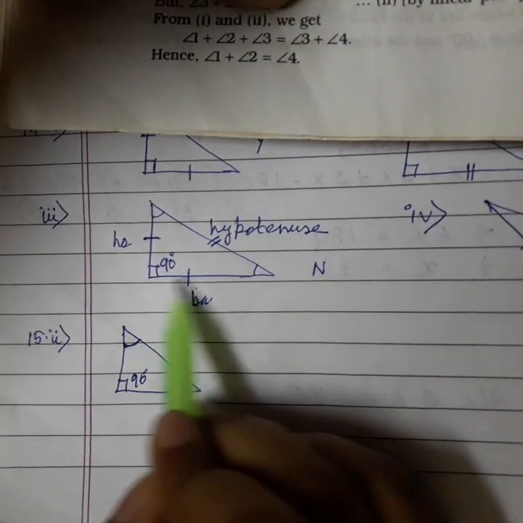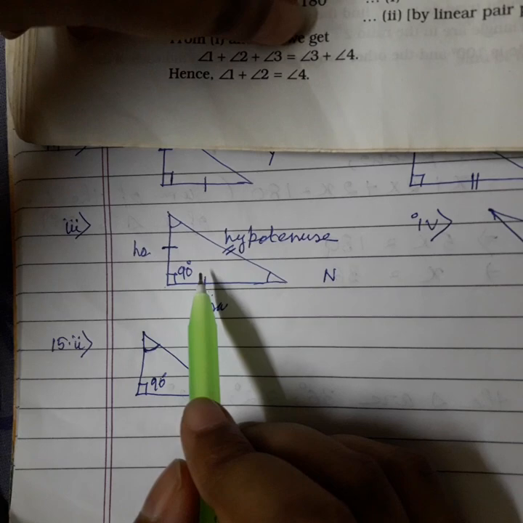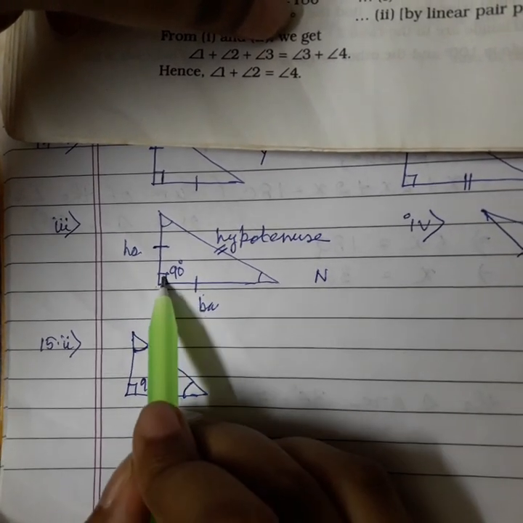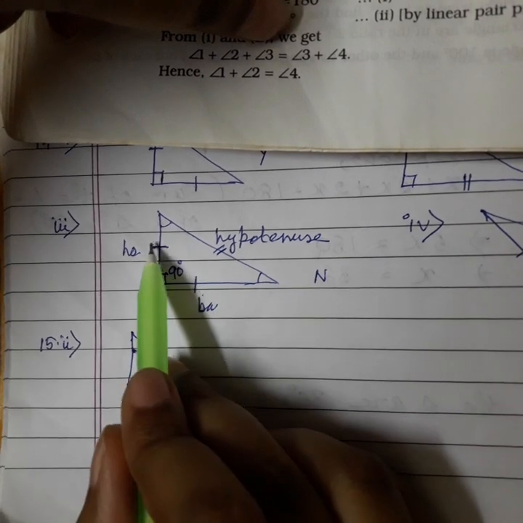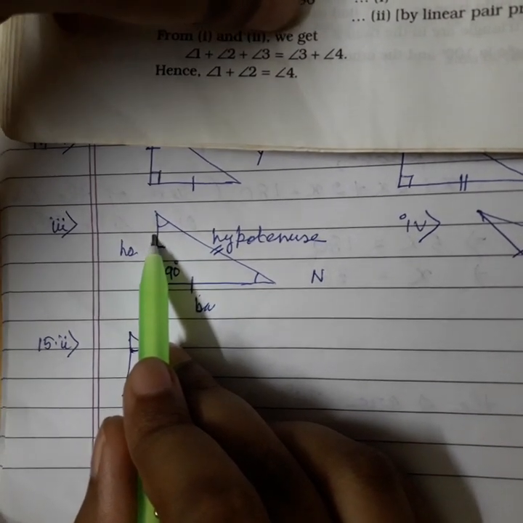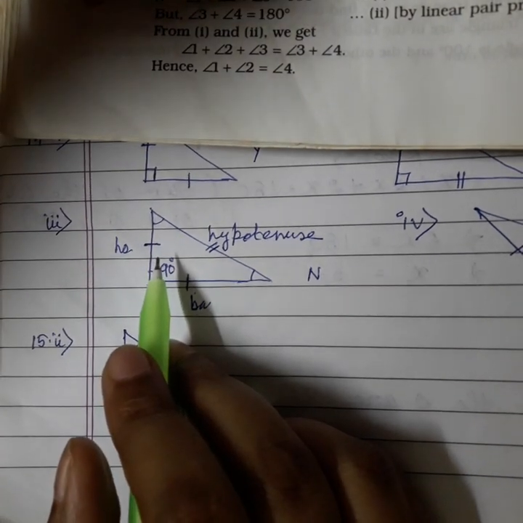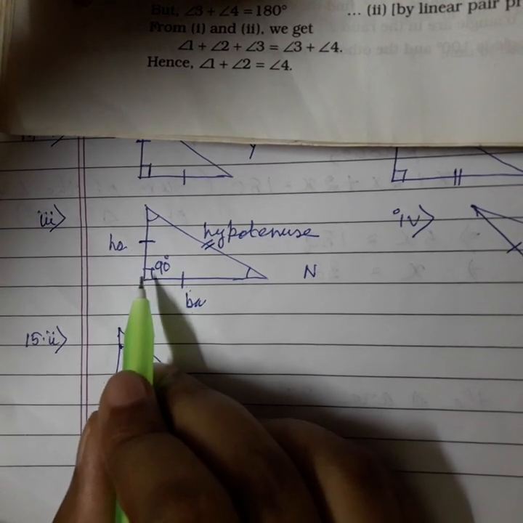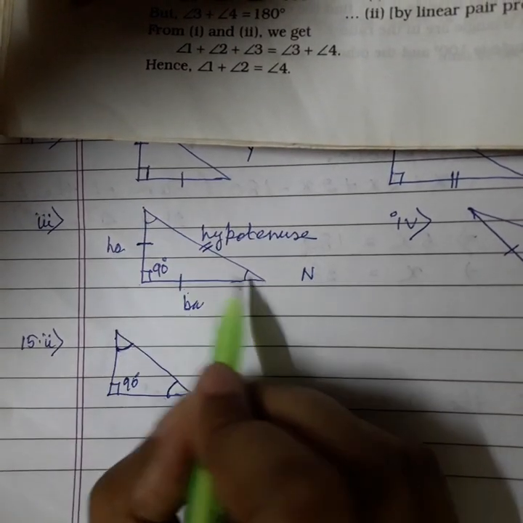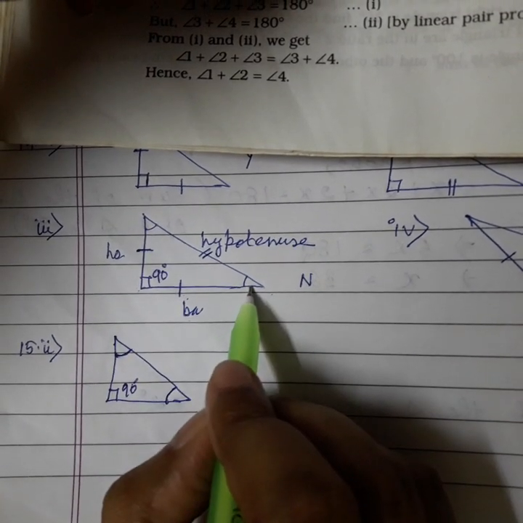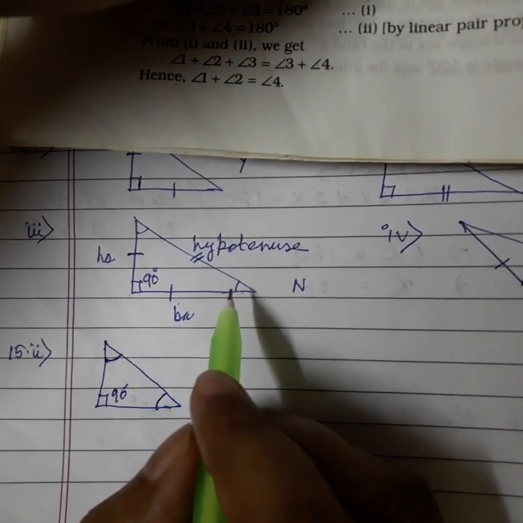So here, if we take the right triangle, isosceles right triangle, then this side and this side will be equal, and this is 90 degree. Since this side and this side will be equal, the acute angles of the right triangle are complementary. This is a right triangle, this is 90 degree, so the other two will be acute angles, and the sum of these two acute angles must be 90 degree. That's why the answer will be complementary.